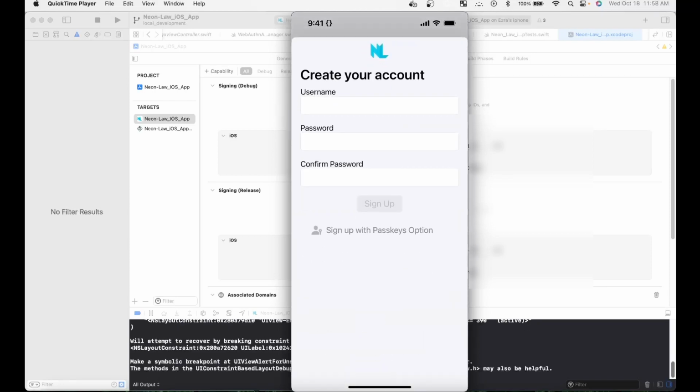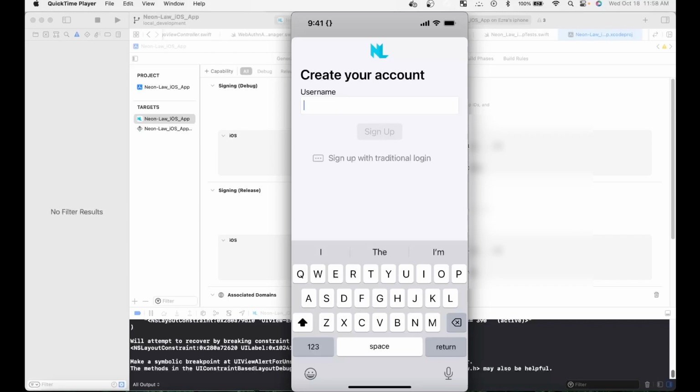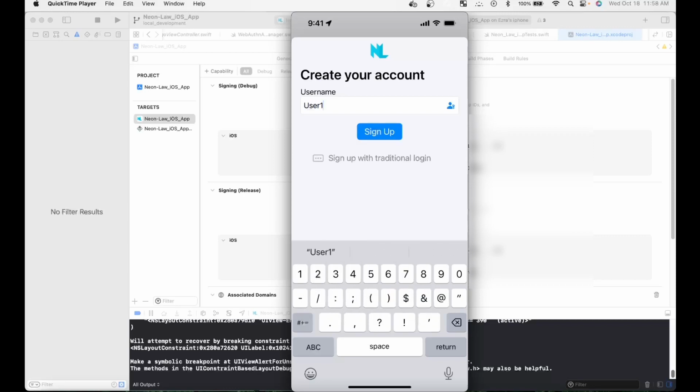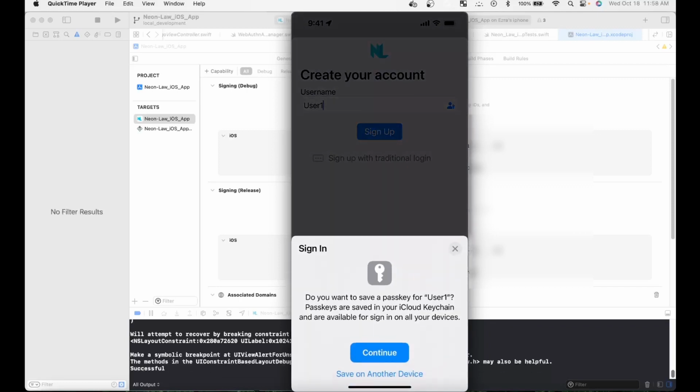And just to show you, this is our create account with our traditional login. But if you click the sign up with passkey option, it'll lead you to just a username text field, right? So let's start with that. So let's do user one, right? As an example. And then if we click sign up, you see the UI pops up for the AS authorization,